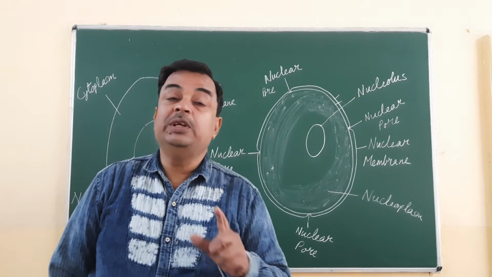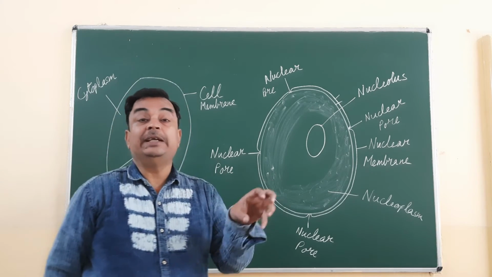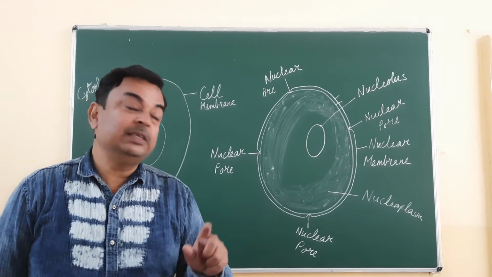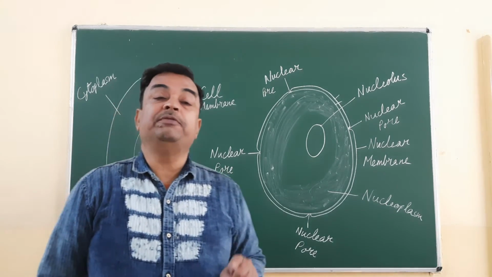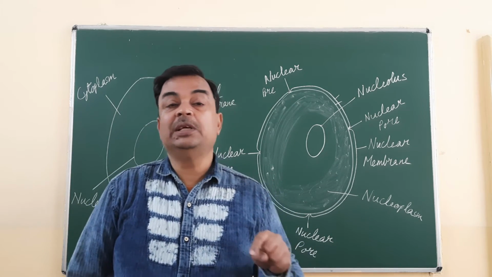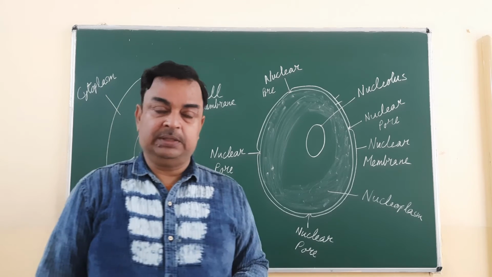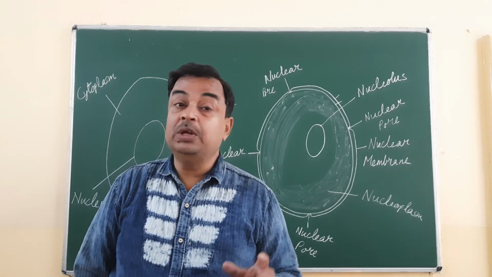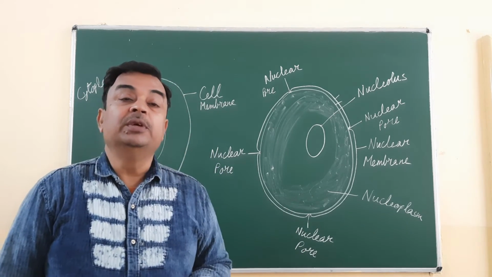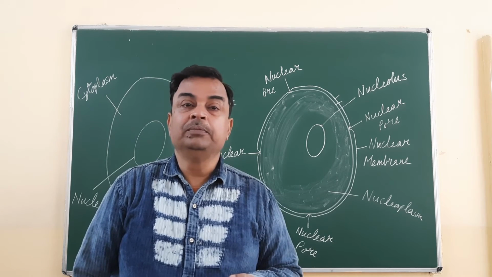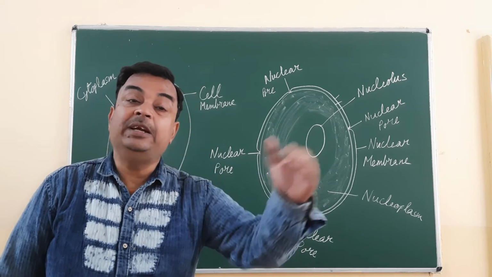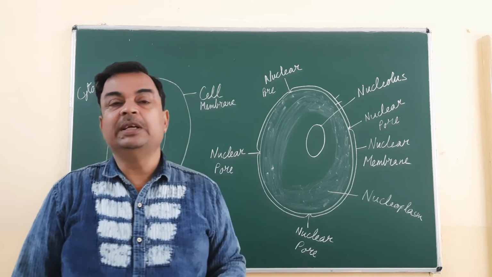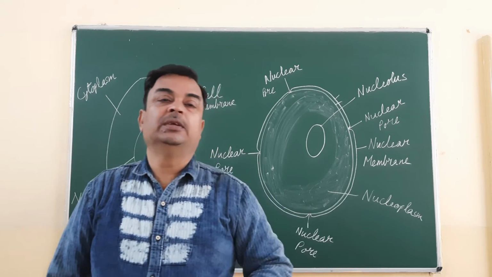Fine children, nucleus is the largest part inside the cell. The largest part of the cell is the nucleus. Nucleus is mostly found at the center of the cell in animal cell as well as in young plants. But when the plant grows, due to the maturity of the central vacuole in plant cell, the nucleus sometimes goes to the side or the periphery of the cell. But in animal cell, nucleus is always present at the center as an oval structure.